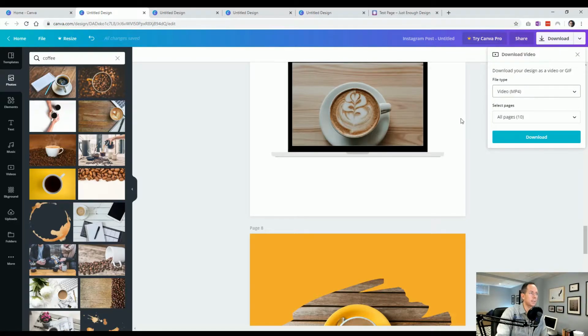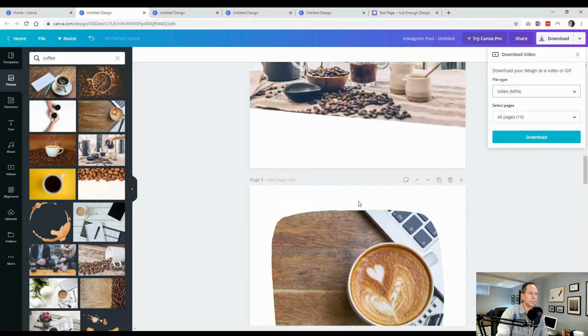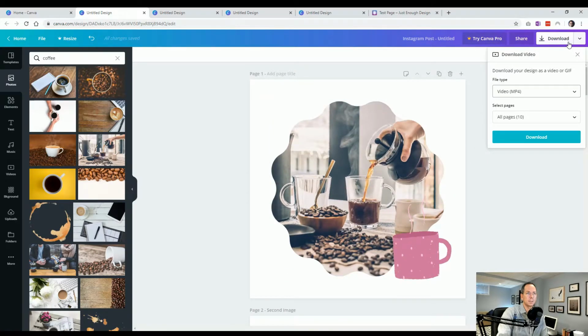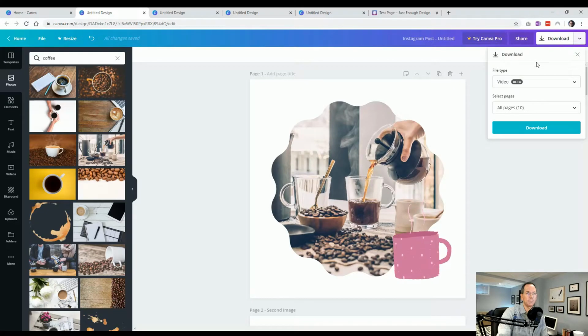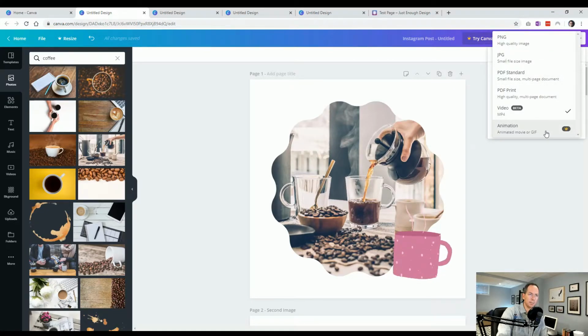So here's the trick. It's a bit of jumping ahead, but I don't mind covering it here instead. If you try to go download, you'll see that animation specifically is cut off. You're not allowed to do it. That's more about transitioning from one screen to the next. It's going to do its best to really create some beautiful, unique effects. If you did want a GIF to post, be it on a website, social, or anywhere else, the way to do that would be to,